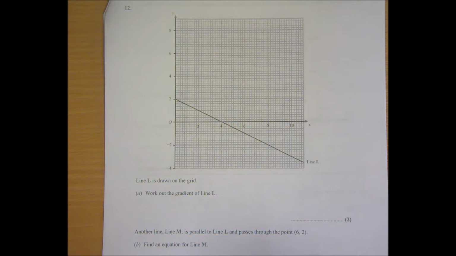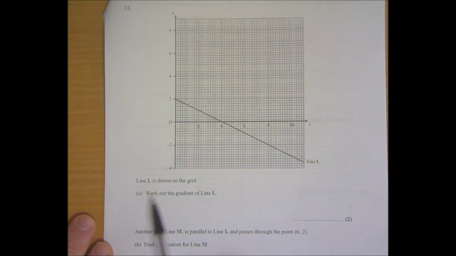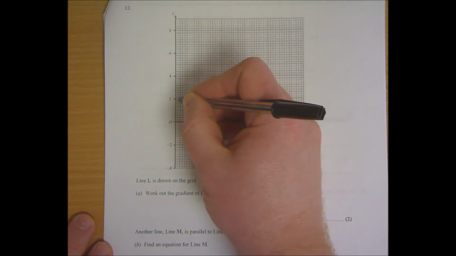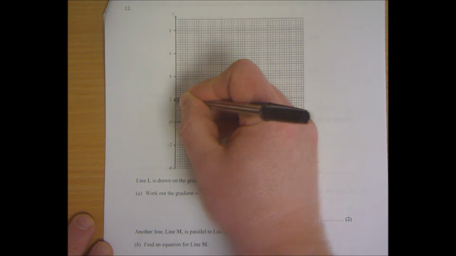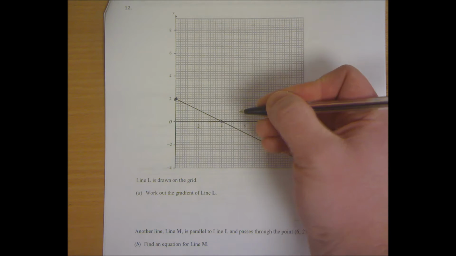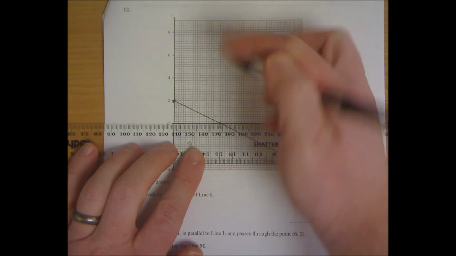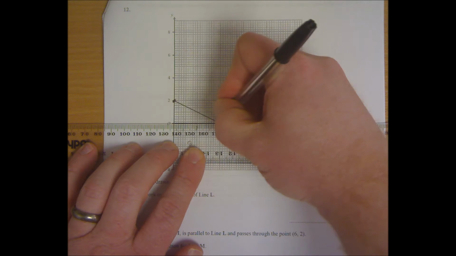Okay, so question 12. The line L is drawn on the grid. Work out the gradient of line L. So I need to pick 2 points. Easiest 2 points I can see there would be there and there. If I then draw my triangle in, okay,